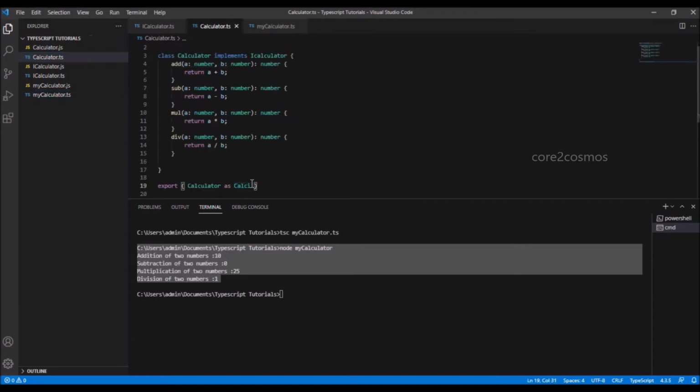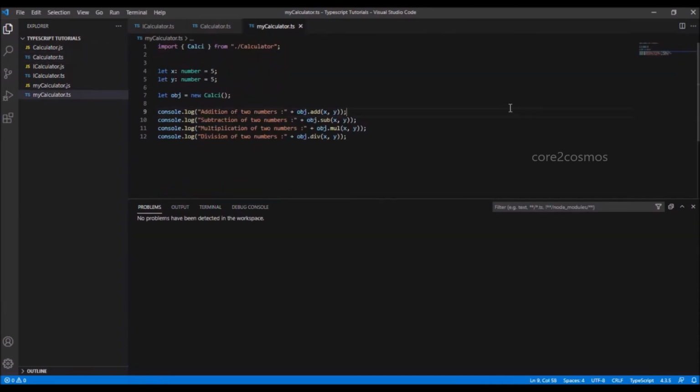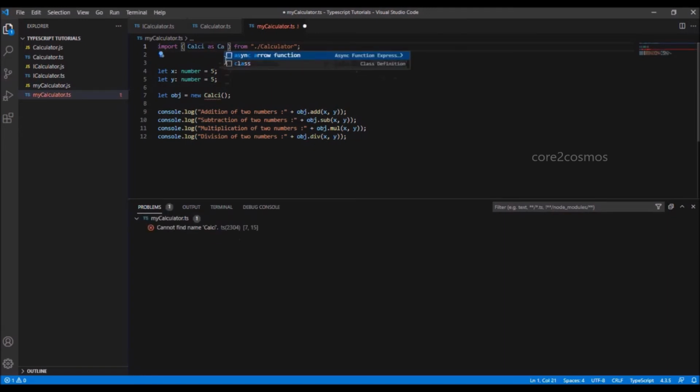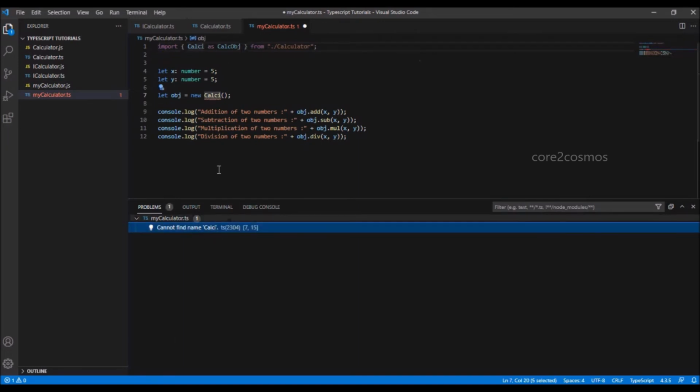Just like how we created an alias in calculator.ts when exporting the type, we can create an alias in line number 1 in mycalculator.ts by saying import calc as calc.obj.